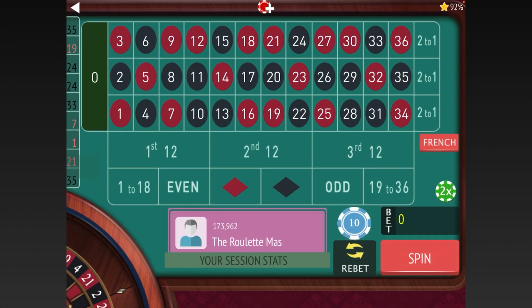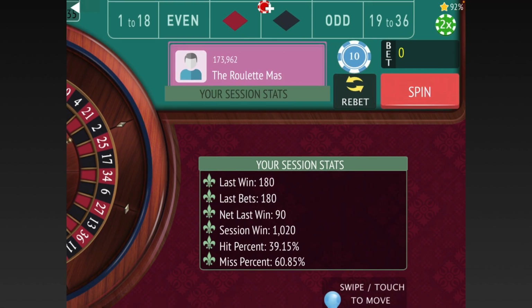So that's the good side of it. You saw some of the bad too when we lost about 3 or 4 in a row there and got up to around $150, back up to 150, where we were only winning about half of the ones with 2/3 of the numbers. But then we had some good runs too. So we ended up winning 1,020, but realize too you can lose that much as well with this system, especially